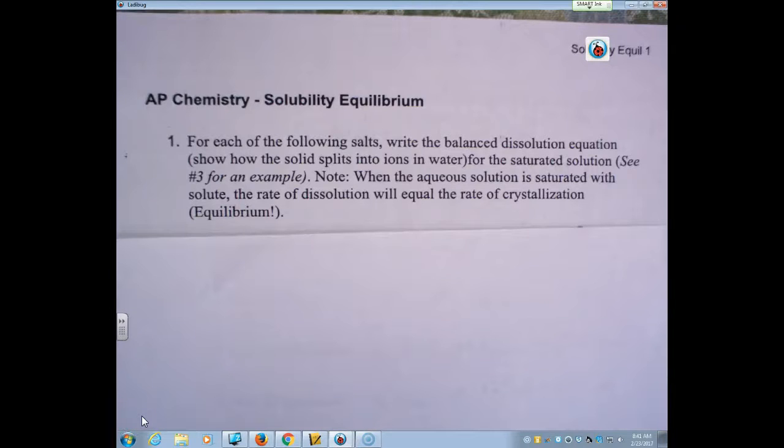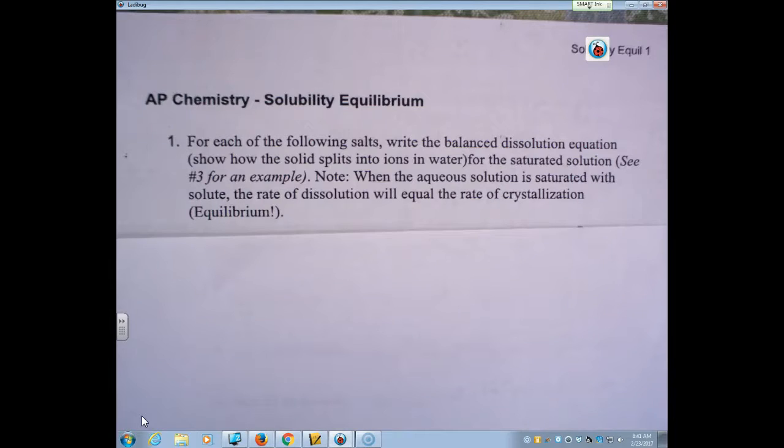This screencast goes over the solubility equilibrium homework. In problem number 1, I asked you to write a balanced dissolution equation. I just wanted you to represent how solids split into ions in water. Now I asked specifically for the saturated solution, and that's because when an aqueous solution is saturated with the solute,